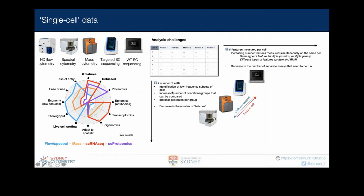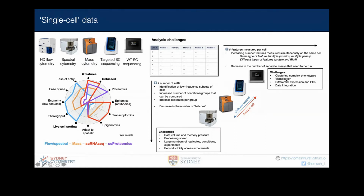So we sort of create this paradigm where we've got more cells per second versus cost per cell, but this paradigm is changing as these technologies are getting better. Now, what happens with the data is that on the single cell sequencing side, because single cell seq has existed for a while now, and the only way to analyze that data in any meaningful way is using computational methods, this